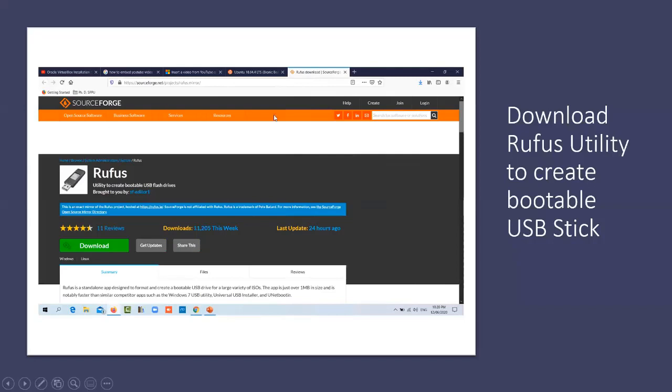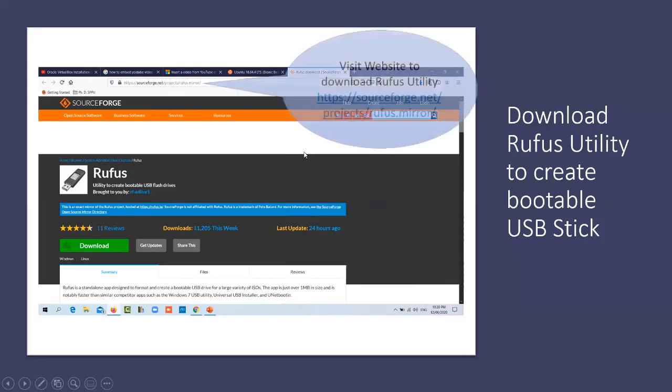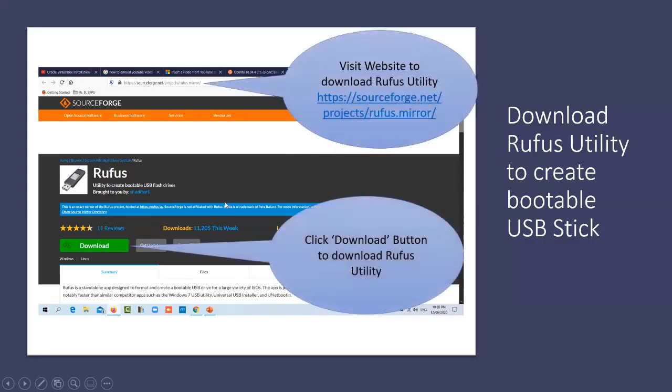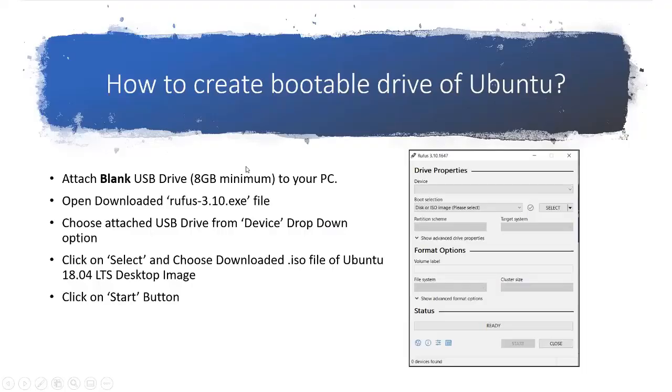Okay. I have already explained these steps in presentation also. You need to visit sourceforge.net. Then you need to click on download button and open your Rufus utility. Then steps are also explained in the PowerPoint. Attach blank USB drive, minimum 8 GB, to your PC.